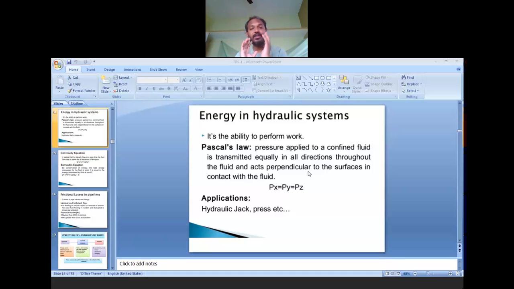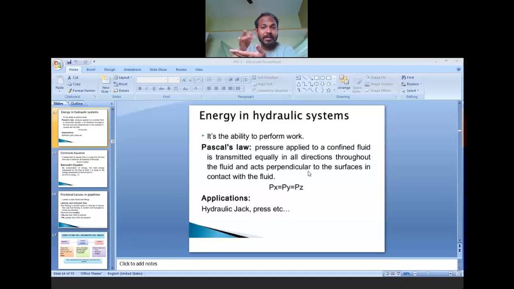That means irrespective of the shape of your bottle, the force which you are applying at the top of the bottle will be carried, or it will be transmitted. That is what the water in the bottle is, which we call a confined fluid. The pressure applied onto a confined fluid is transmitted. Whatever the load you are applying, maybe 2 newtons or 1 newton, that force